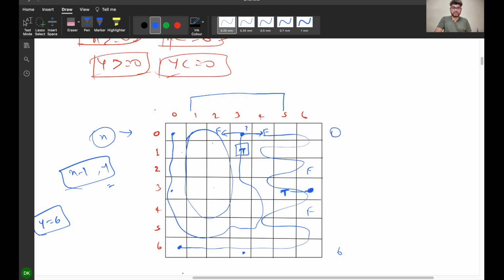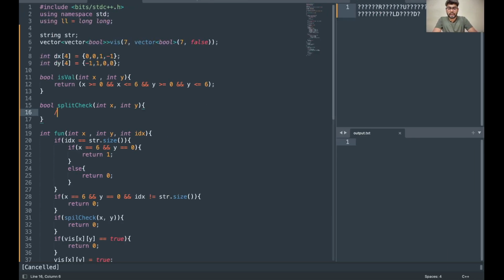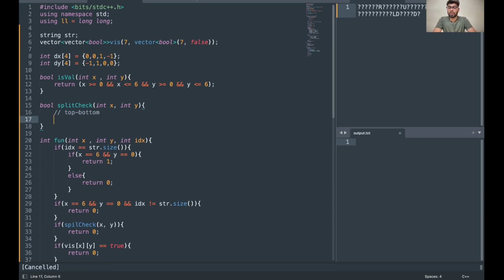Okay, and for this condition, x should be from 1 to 5 and y should be either 0 or 6. Okay. So first of all, for marking as a top and bottom, what I have to do? I just have to check if y is greater than equal to 1 and y is less than equal to 5, and